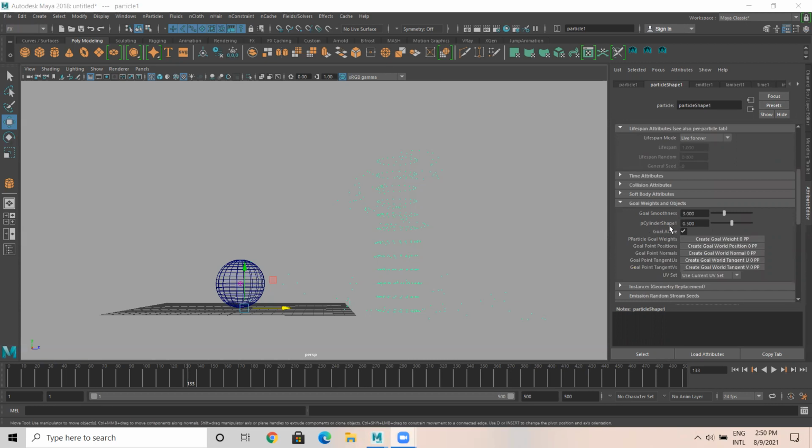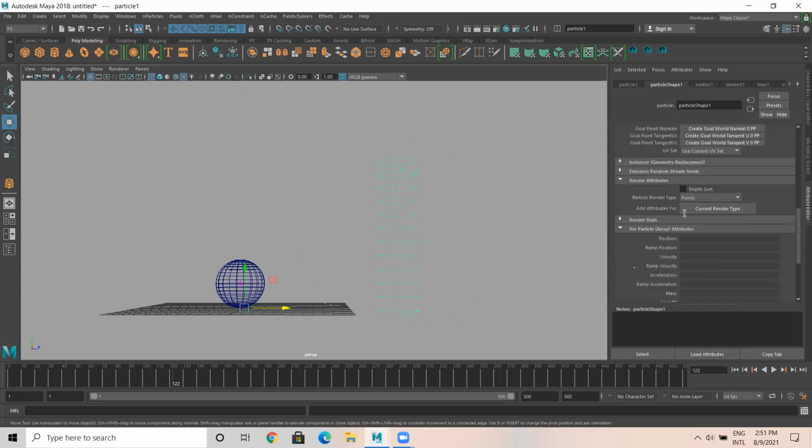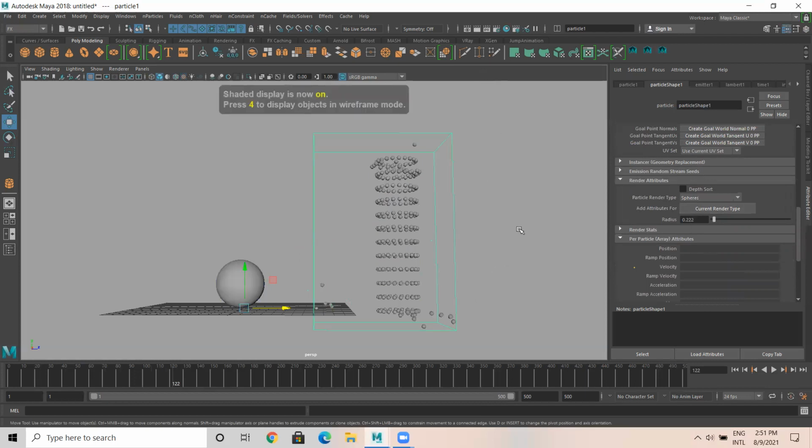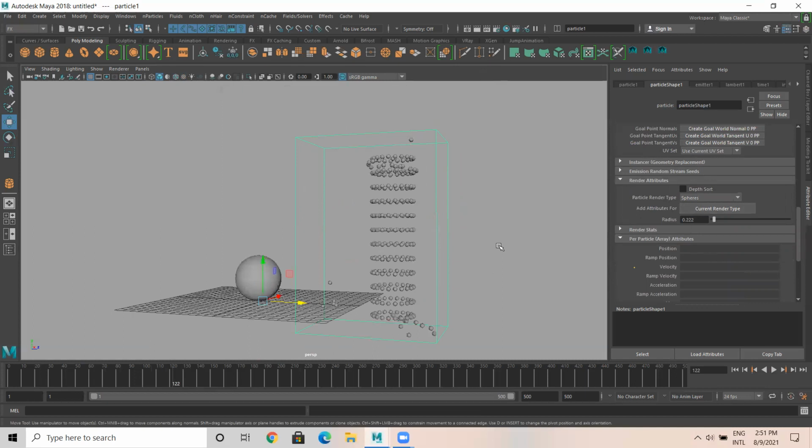Polycylinder shape is nothing but the cylinder which we created here. Goal smoothness affects the particle. For example, if I reduce the smoothness, the particle flow will be a bit less. See, it's not that flexible. Let me change the particle shape so that you can see clearly. I'll just make this a sphere, and let me reduce this size. Now you can see the particles something like this, right?